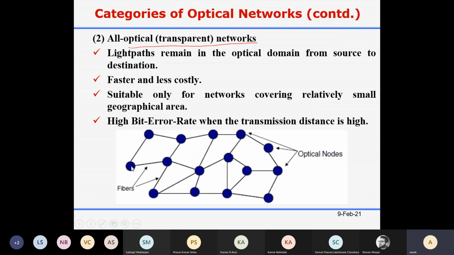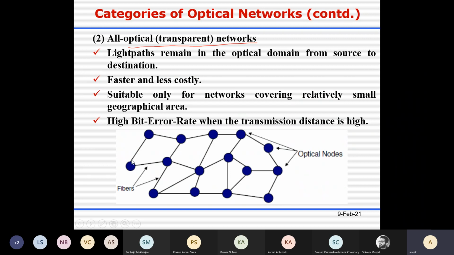So let's say you have to set up a light path from here to here and your physical route is this. How many hops? 1, 2, 3, 4, 5, 6, 7 hops. Let's say every distance is 500 kilometers, so 3500 kilometers, and it's a transparent network.